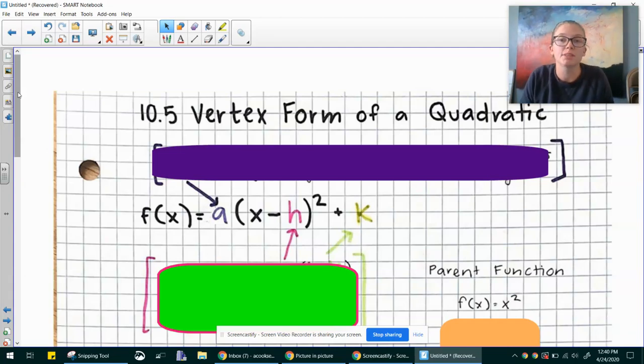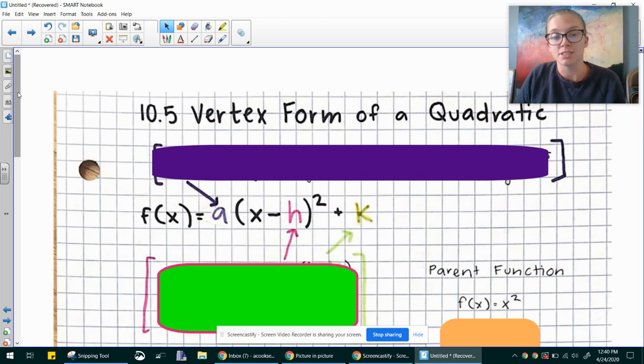Today we're going to talk about the vertex form of a quadratic. The vertex form of a quadratic is one of three major forms of a quadratic. The most common form is standard form, which is ax squared plus bx plus c. The second form of a quadratic that we've talked about already is factored form. That's where we take the standard form and we factor it into two binomials that we can then use to